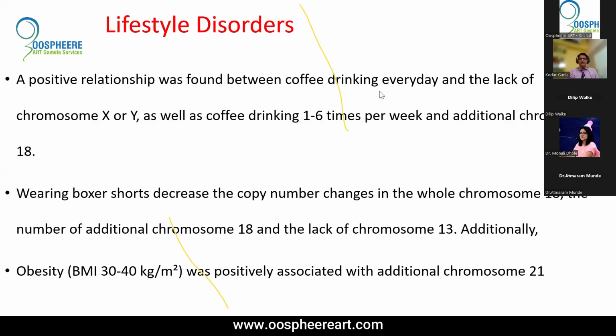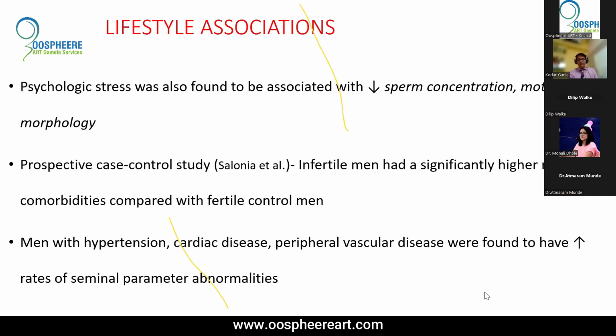Lifestyle disorders, now this is something I found very, very interesting in this paper. If you are drinking more than 4 to 5 coffees per day, there is lack of X or Y chromosome, associated with 1 to 6 copies. With additional chromosome 18 in the sperm, these things can happen. Wearing boxer underwear can increase the number of whole chromosome 18. Obesity is associated with an additional number of chromosome 21. Psychological stress and